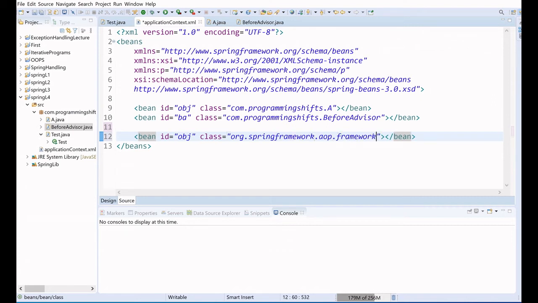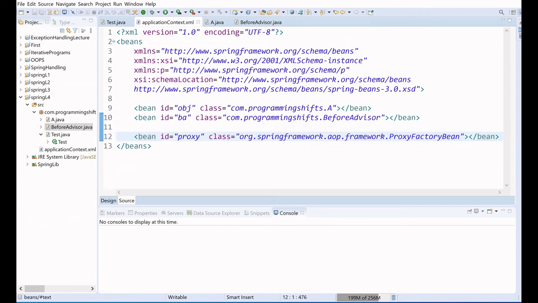This framework package contains ProxyFactoryBean, which is a class. I'm going to create it with proxy as the bean ID, so you will understand better.